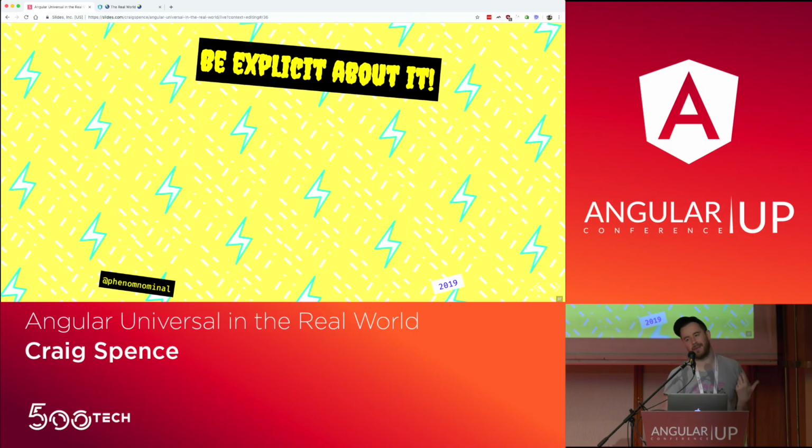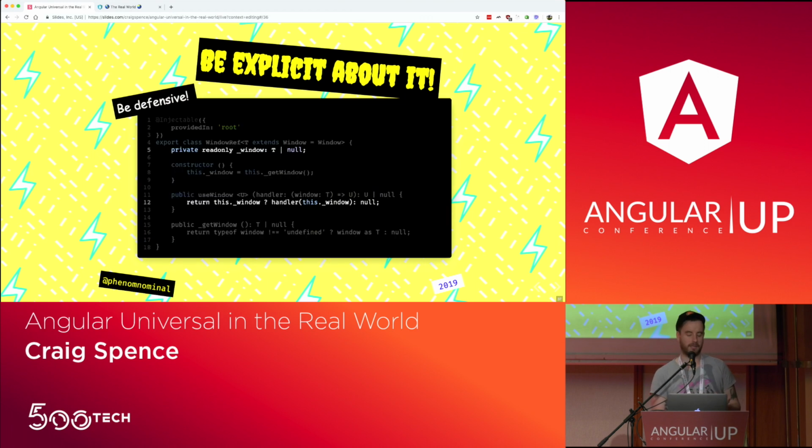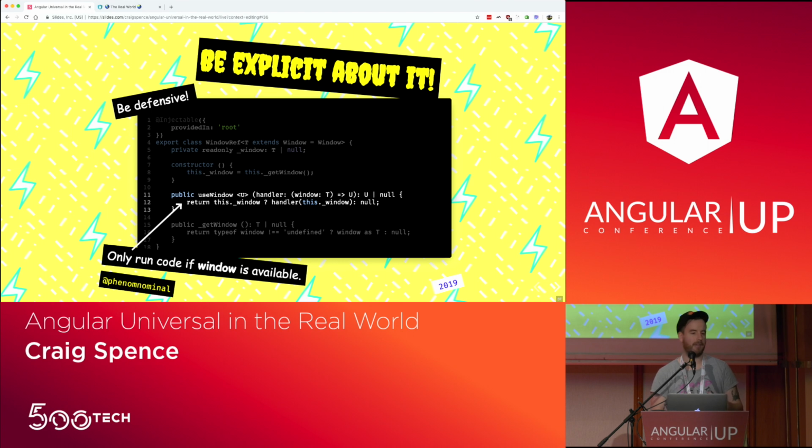So the biggest thing is kind of a communication problem, right? If you're doing this stuff, just be really explicit about it. Make it really clear that you're accessing the DOM and that in the future, that stuff could be flaky. We tended to use fairly safe wrappers around some of our code. So we would explicitly type that the window could be null at some point in time, right? That would mean that if you weren't defensively protecting yourself against that null, it would break on the server,